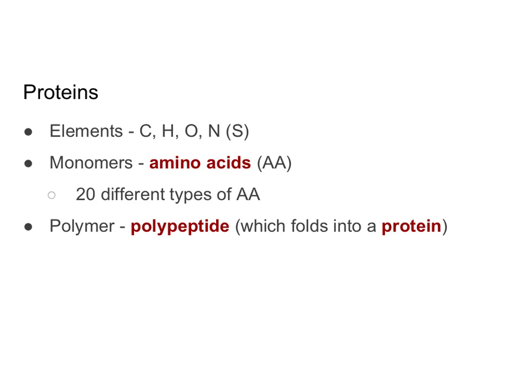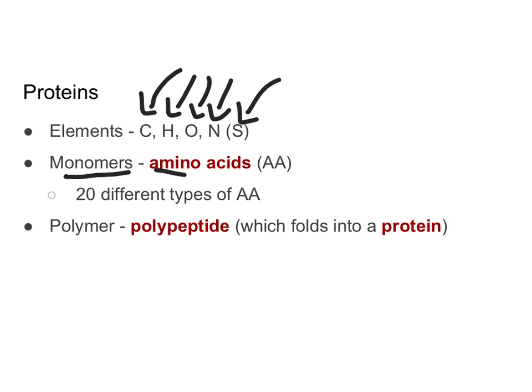To start, some basic facts about proteins. Proteins are made up of 4 elements mainly, and then a 5th element sometimes. All proteins have carbon, hydrogen, oxygen, and nitrogen, and some proteins have sulfur in them. But the monomer of a protein is called an amino acid, abbreviated AA. There are 20 different types of amino acids that make up proteins in humans, and the polymer of a protein